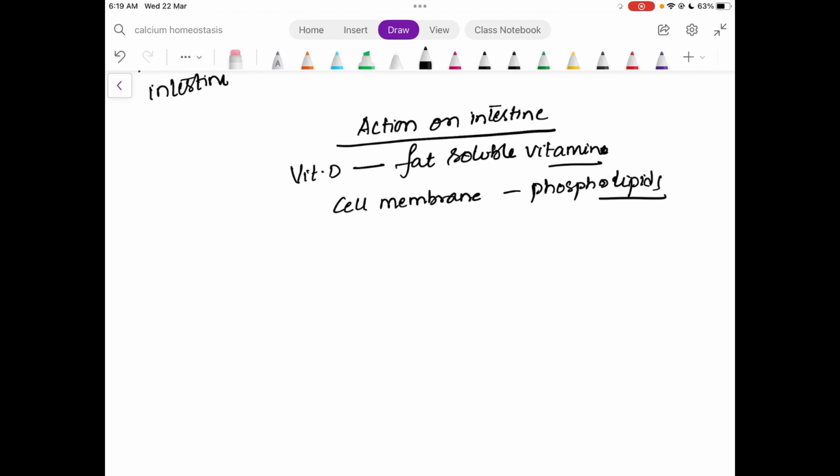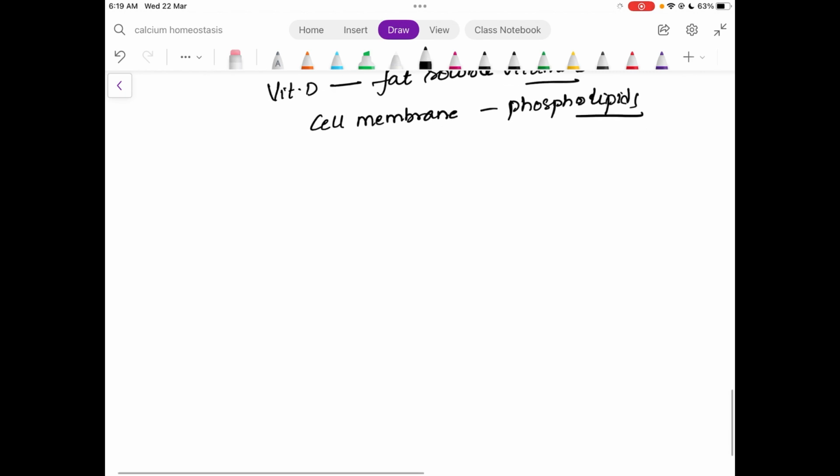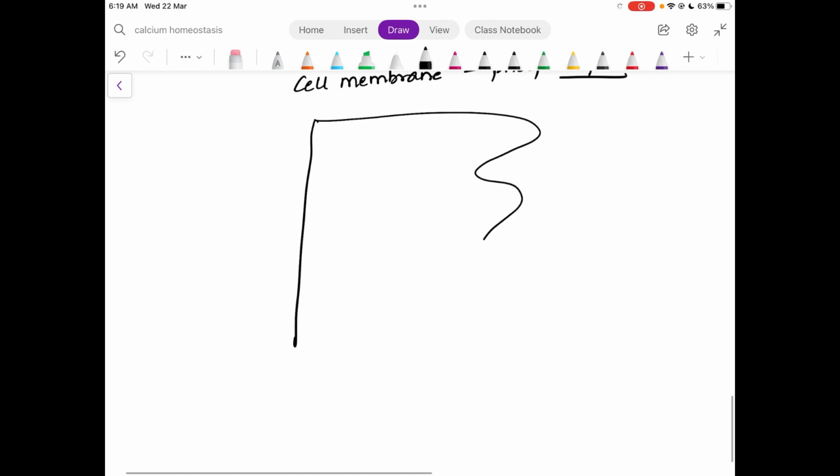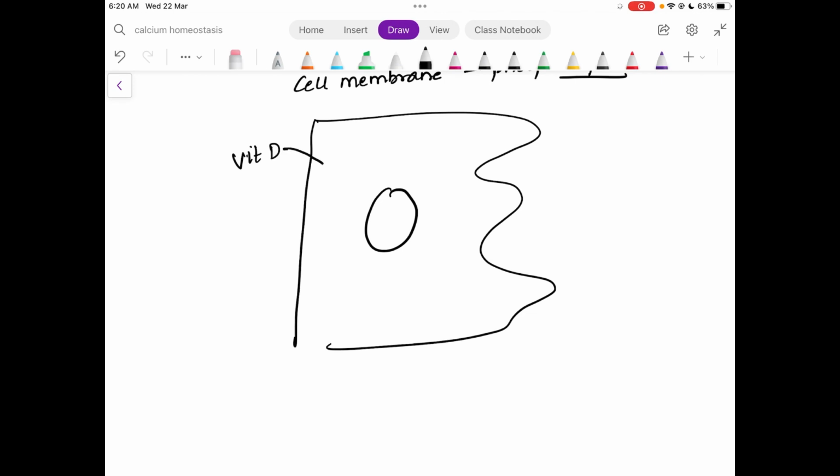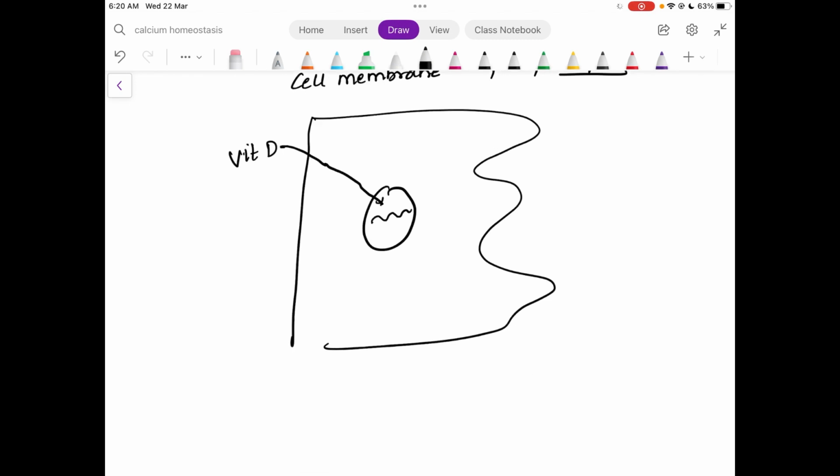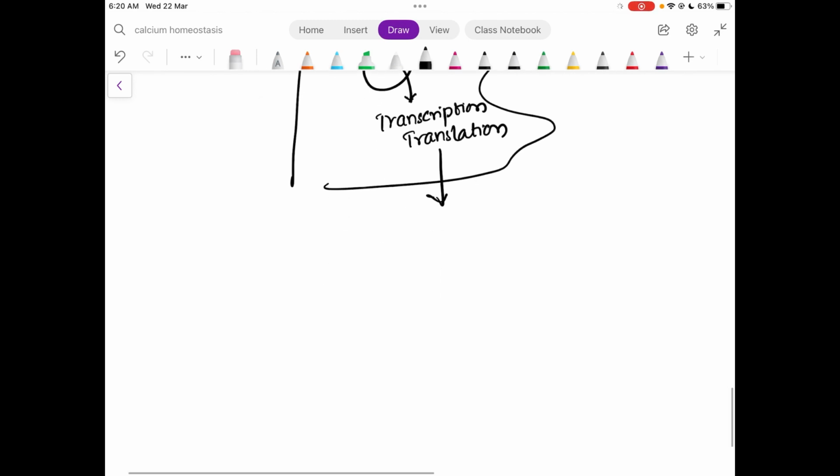This vitamin D directly crosses the cell membrane, directly crosses the nuclear membrane and enters into the nucleus, and it will act on VDR receptors which are present on the DNA, and these VDR receptors cause transcription and translation and cause synthesis of a protein called